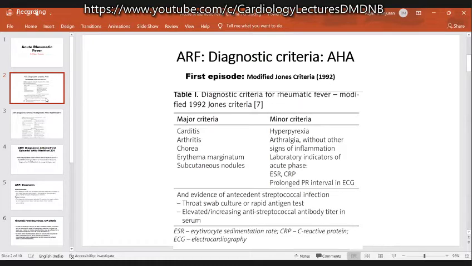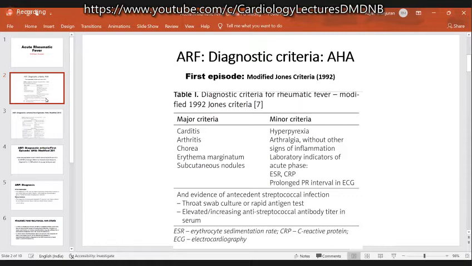What is the reason for the prolongation of the PR interval in rheumatic fever? Any one of you? What is the reason? Is it because of the inflammatory process of the acute rheumatic fever affecting the conduction system or something else? It is thought that the PR prolongation mostly is related to the vagal activity and not due to any direct inflammation of the conduction system. There is no evidence that the conduction system can get involved in the inflammatory process of acute rheumatic fever.